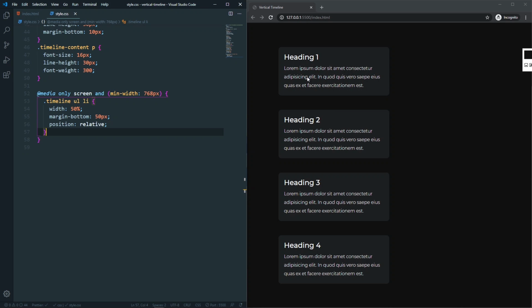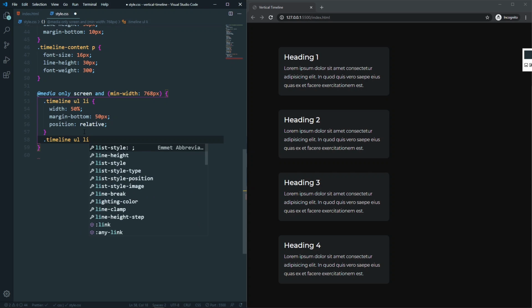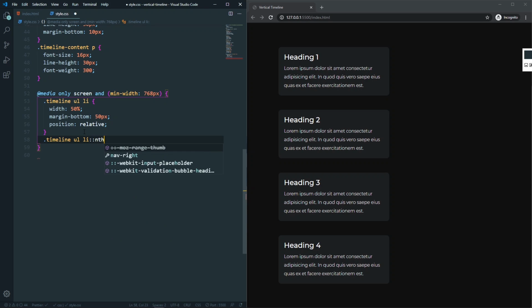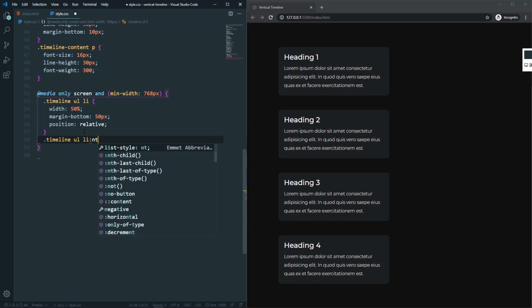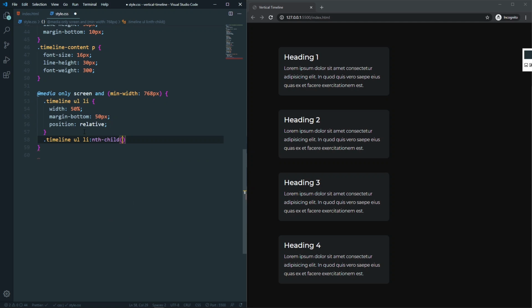So the next thing is we need to separate these even or odd items, meaning the first one will be on the left, and the second one, which is the even-numbered item, will be on the right side. So we need to position them. So let's come here in the timeline ul and li and select the list items. What you can do is nth-child, and first of all, let's grab the odd one and say that float will be